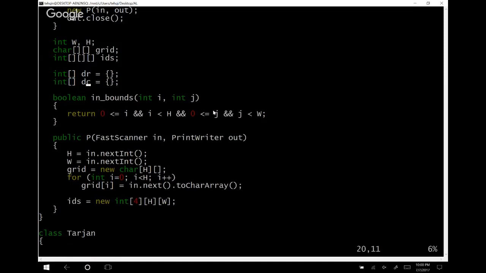This is a really common trick if you're dealing with directions. You can just store directional information in this fashion. Makes things easier to code. And i equals 0, i less than height,